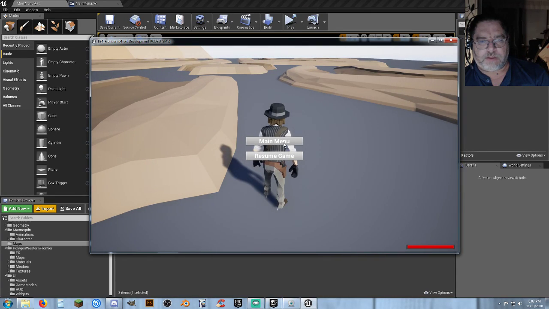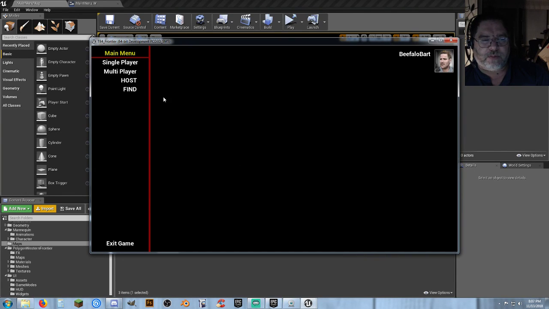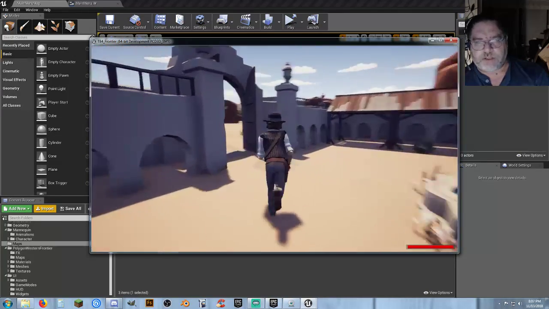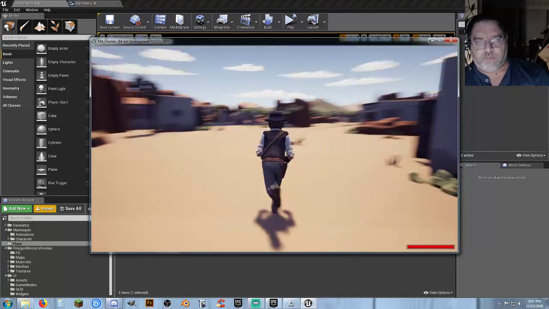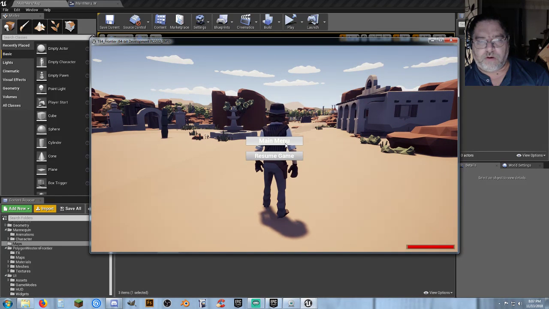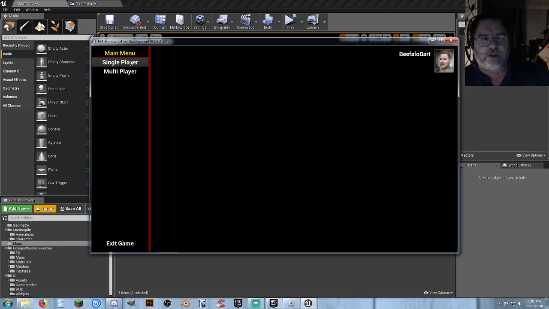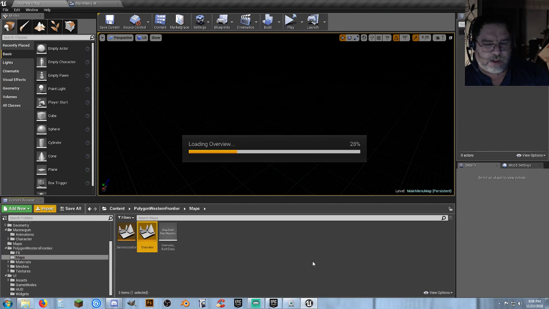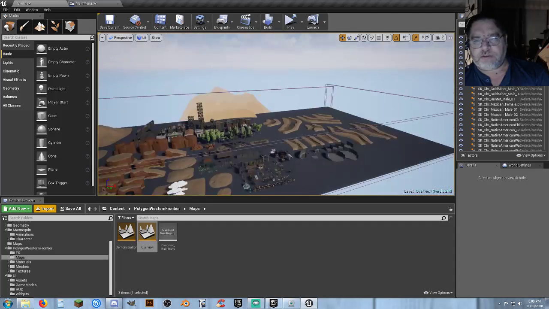So go back to main menu, and if we go to multiplayer and host or find, and when you go into it, there we go, we're in this map, so we can walk around and check this out. So if you want to walk around this map with your friends, you can, or if you just want to play by yourself and look at the overview map, you can do that as well. So look at the overview map one more time, and we need to fix